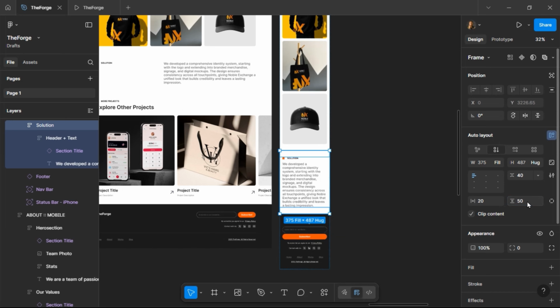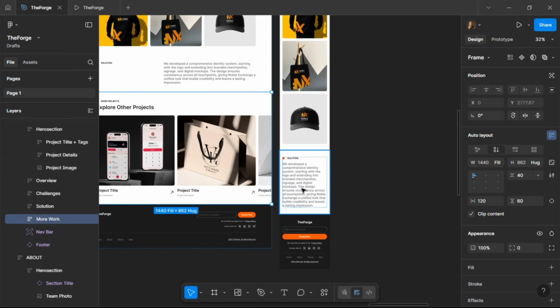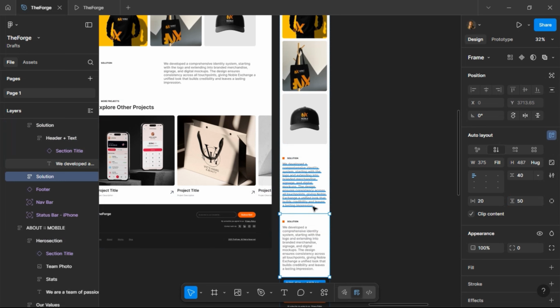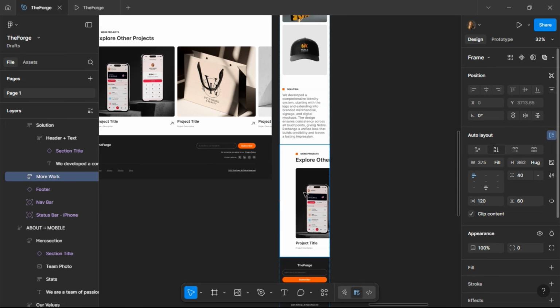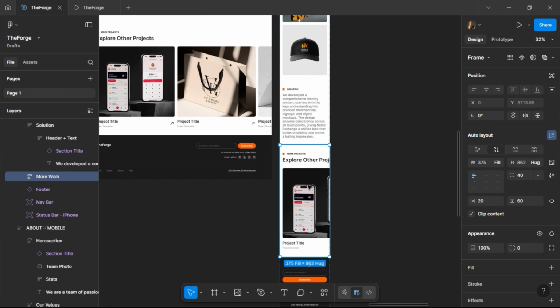Top and bottom 50, and then finally we're going to make use of this also. So I'm going to duplicate this, paste to replace. And for this, we'll not worry too much because we already have a mobile version of this particular component. So I'm just going to do this, and then